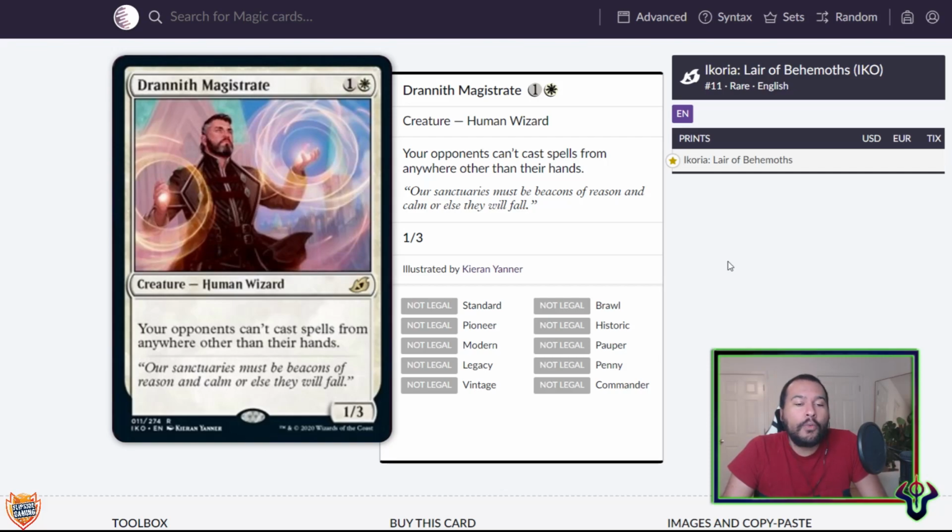This is a 2-mana 1/3. Your opponents can't cast spells from anywhere other than their hands. First of all, this says your opponents. This means you're not affected. If I want to play this in Commander, and I have it out, I can still cast my Commander from the command zone. My opponents cannot. Additionally, it means that your opponents can't cast copies of spells, if a spell just gets copied and they put it onto...